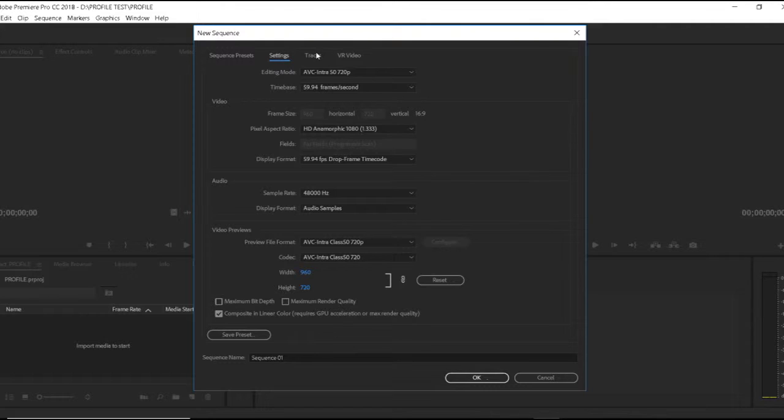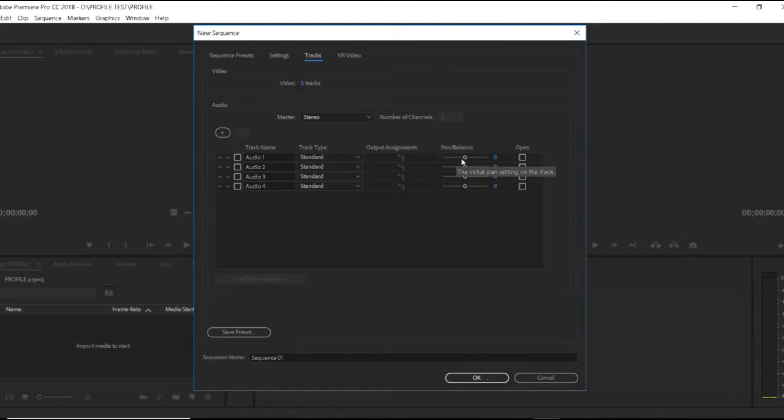Then go to your tracks. This is important. This is how you balance out your audio. So you see there are sliders right to left. Don't put it to multi-channel. Don't put it to mono. See, you can't slide it that way. You want it in, see, multi-channel, you can't move it. Okay? So if you go to, you see you can't highlight those. So now you want to go back up to here and click on stereo, but then you want to slide them left, right, left, right. Okay, so now you've got your